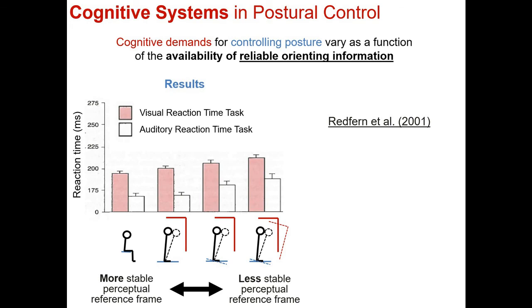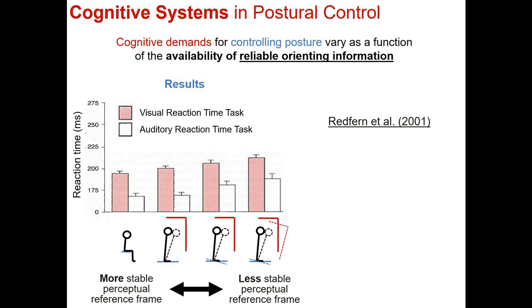On the y-axis, we have reaction time. The red bars are the time it takes to react to the light coming on, the white bars are the time it takes to react to the sound. The x-axis has the different postural conditions. On the left, we have the postural task, where the participants are most biomechanically stable, and they also have very accurate information about body posture from all of the perceptual systems. On the rightmost condition, we see that the participants are in a condition where both the floor and the visual surrounds sway with them. This makes both visual and somatosensory information about the posture of the body relative to the